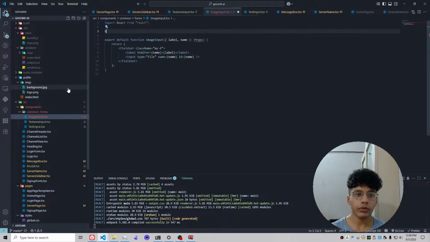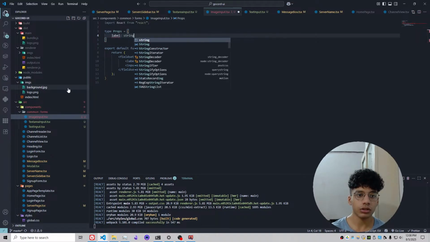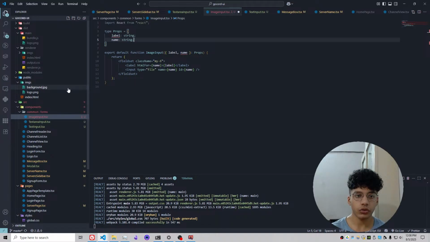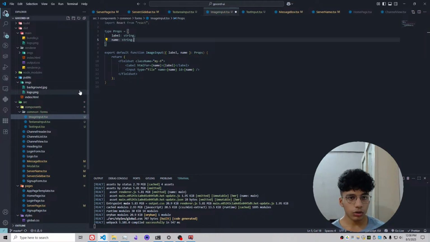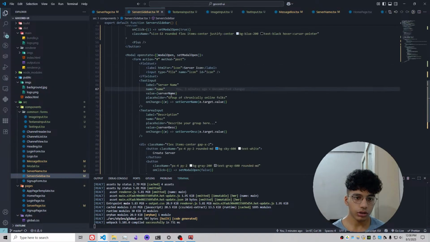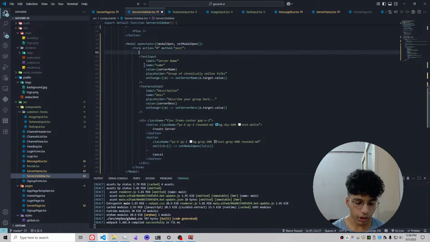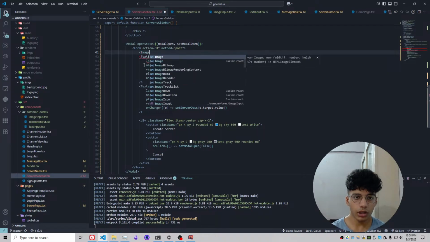Let's create the props object as well. The label will be a string. The name will also be a string. Okay, perfect. Now let's render this over here. And I should obviously move this to its own component as well, but image input,